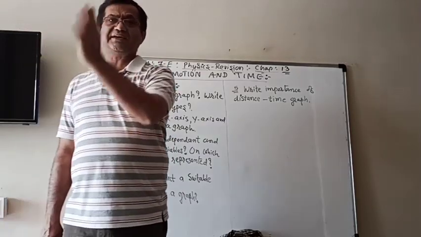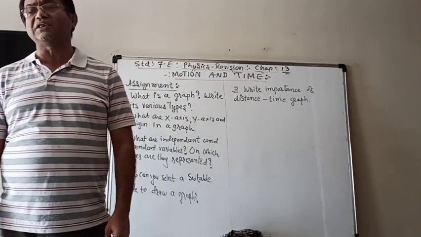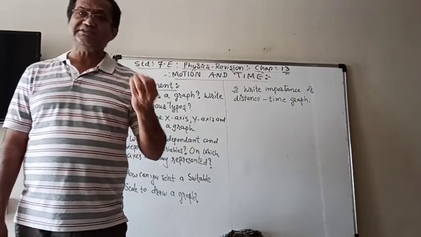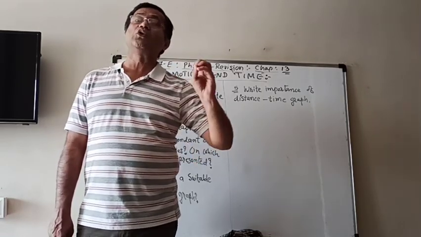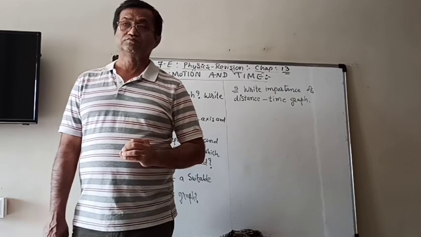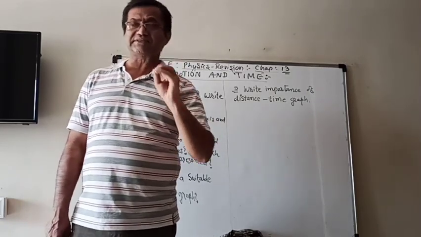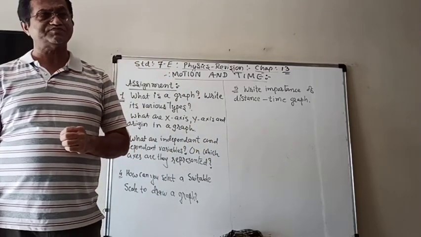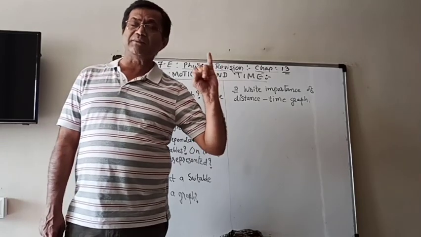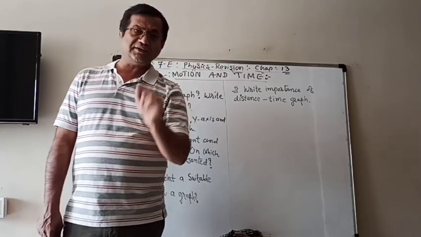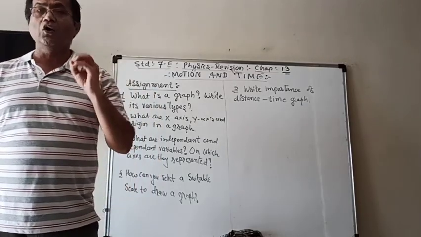You know that the x-axis and y-axis intersect at one point in the middle. The intersection of the x-axis and y-axis is known as the origin. So origin means the intersection point of the x-axis and y-axis. So you are familiar with the x-axis, y-axis and that point in the middle which is known as the origin of the graph.